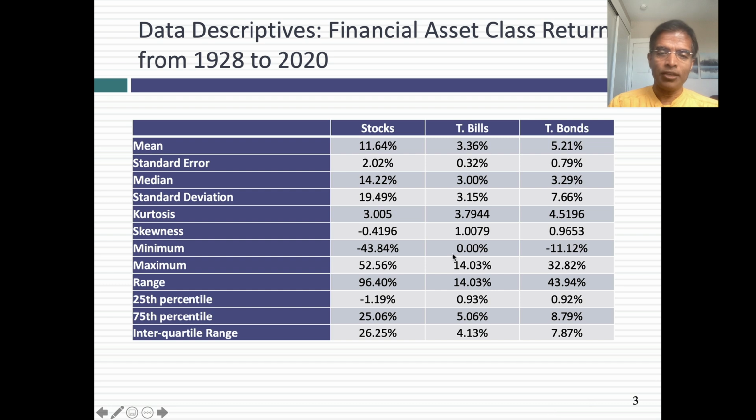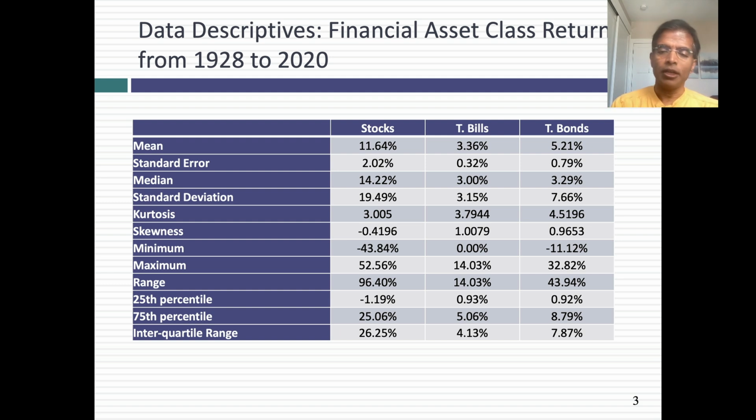Well, one way to see the risk is to look at the standard deviation. How did I compute the standard deviation? I took each year's return on stocks, subtracted out 11.64%. Remember, you subtract out the average, squared that number, and added up those squared numbers across the 93 years. And then I divided by 92. You're saying, what happened? Why did I lose it? Remember, this is a sample. It's not the whole history of stocks. I lost a degree of freedom. That's how I got the 19.49%.